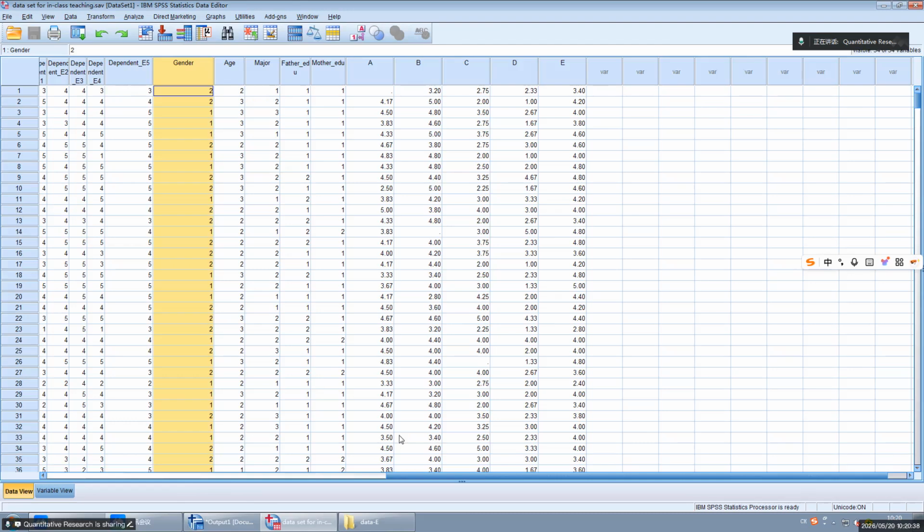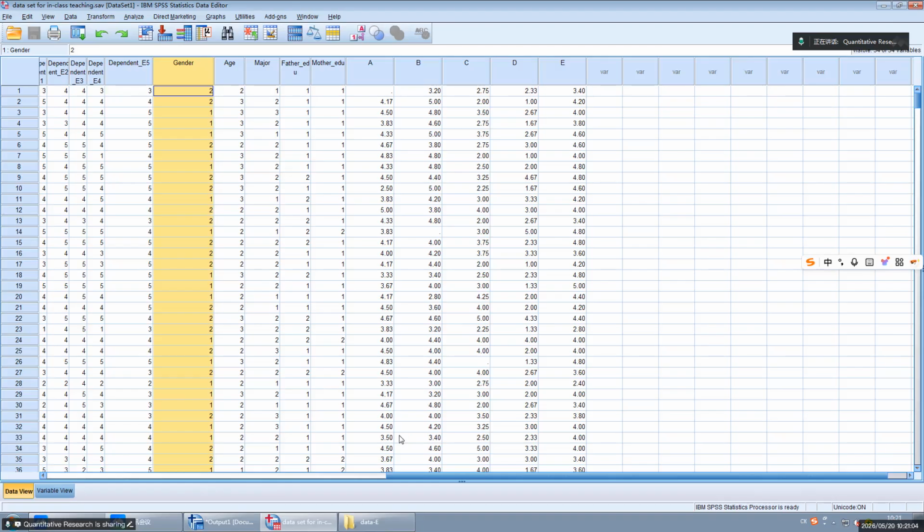We transform nominal scale into dummy. What is dummy? How does it look like? What is dummy variable? Pay attention.